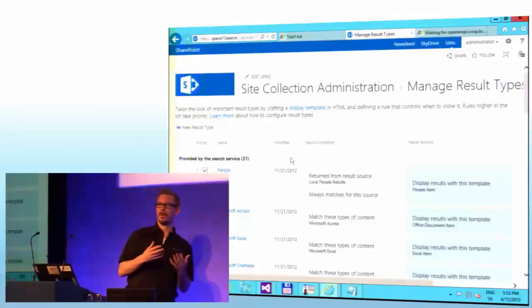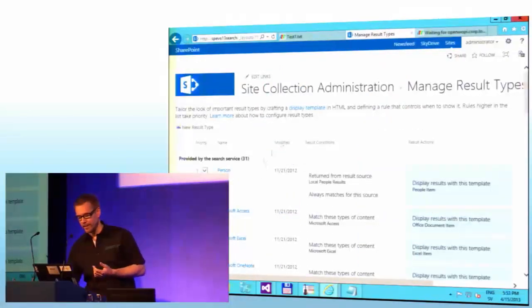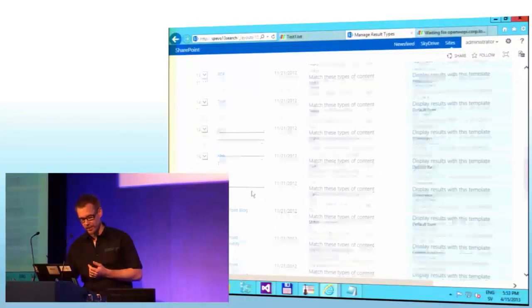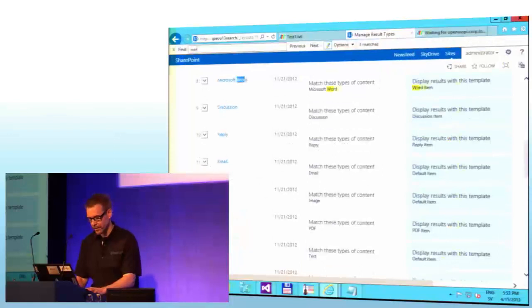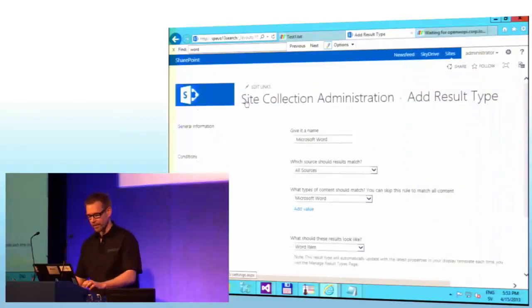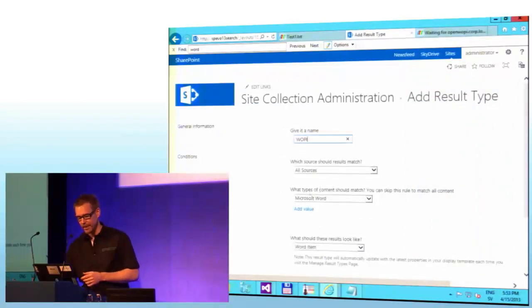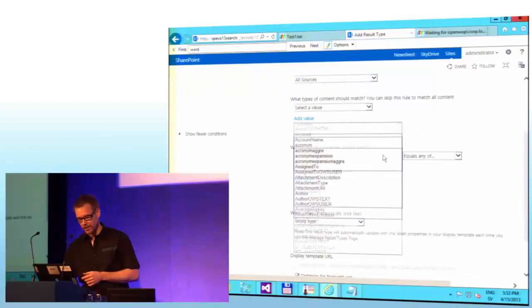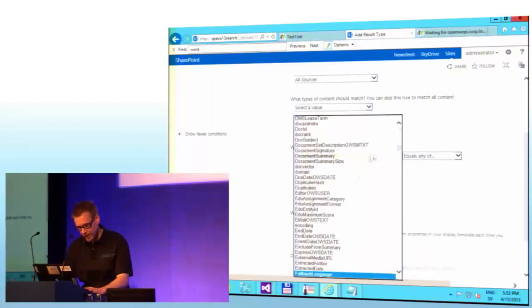And I want this to look like a Word document, basically, with the previews. So I find the Word document somewhere. The Word display template, and I make a copy of that one. And let's call it WOPI. And choose to ignore that one and choose when we have file extension